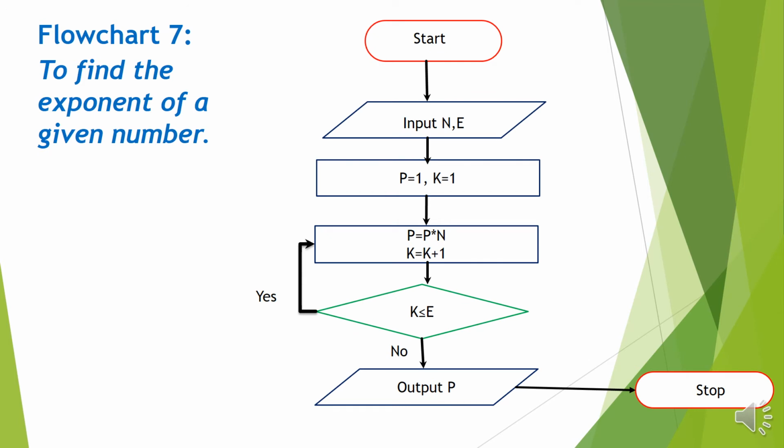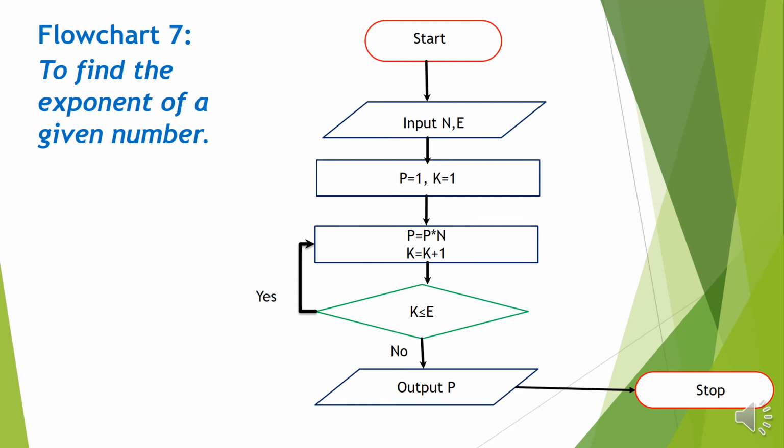Flowchart number 7, in which we have to find the exponent of a given number. Exponent means we have to find the power of a number. Like in mathematics, you have calculated the square of the number, the fourth power, the fifth power of the number, or taking the cube of the number. The same way, in this flow chart, we will learn how we can calculate the power or